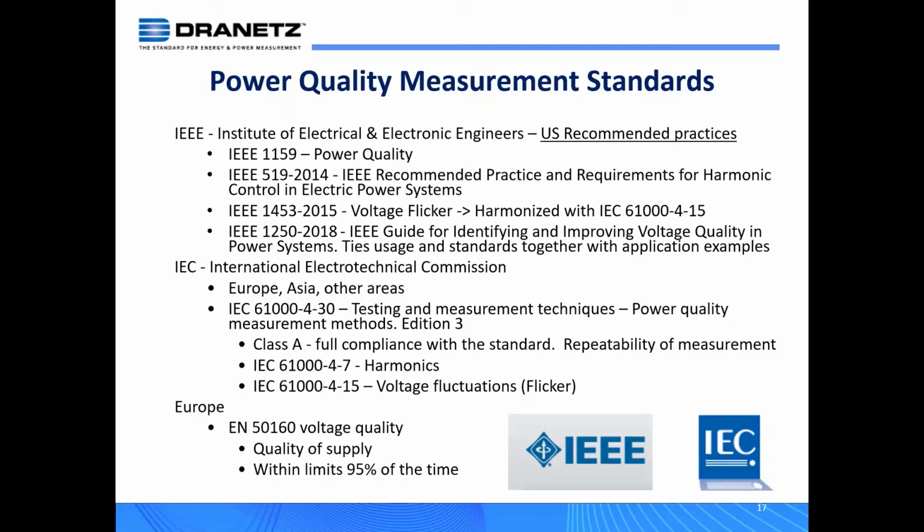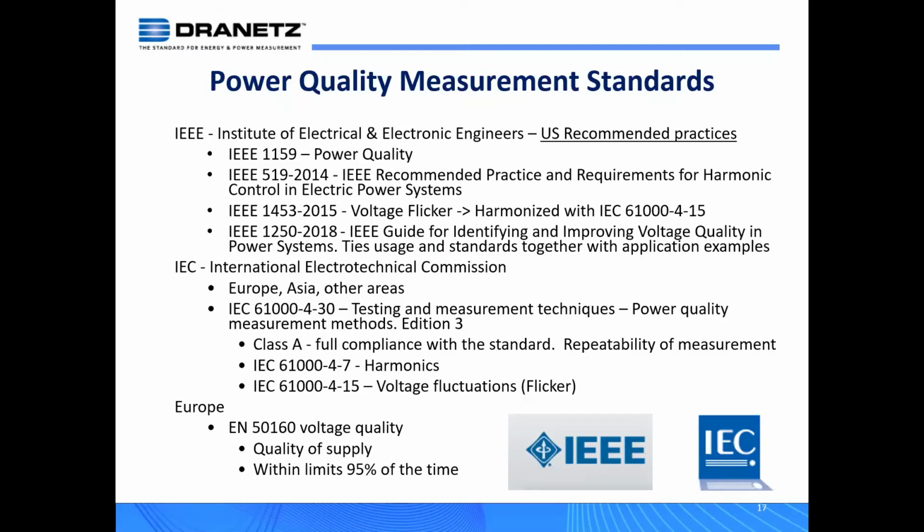So in the IEEE, there's 1159, which is a power quality standard. It is basically a definition of terms. Some of those terms that we're going to discuss later on during this presentation come from the IEEE. So what is a sag? What is a transient? There's harmonics. There's IEEE